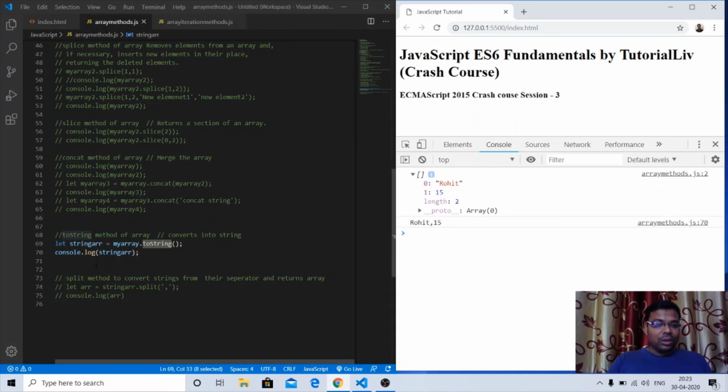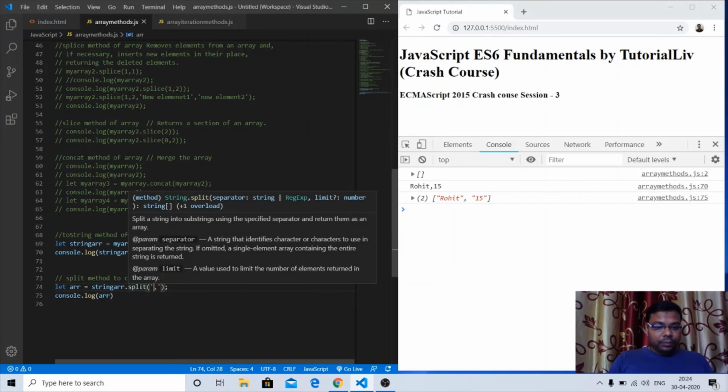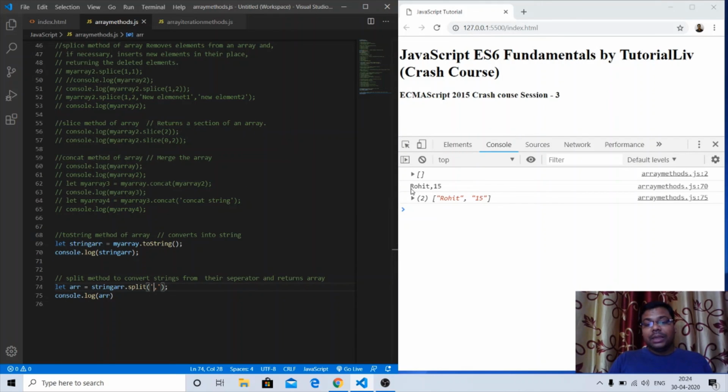If I now want to convert this string into an array again, we have the split method, and split will take one argument in single quotes, that is the separator from which these strings are separated. So we have comma as the separator for this string, and it will create one array with these elements from that separator.